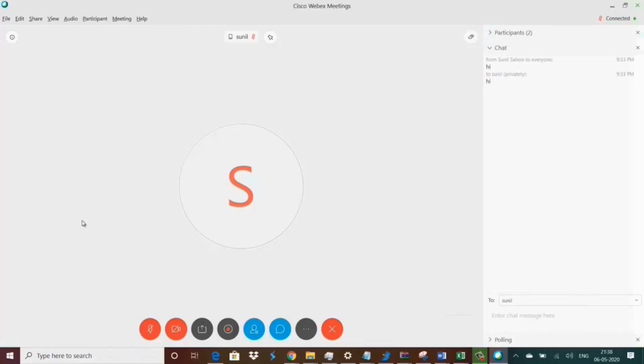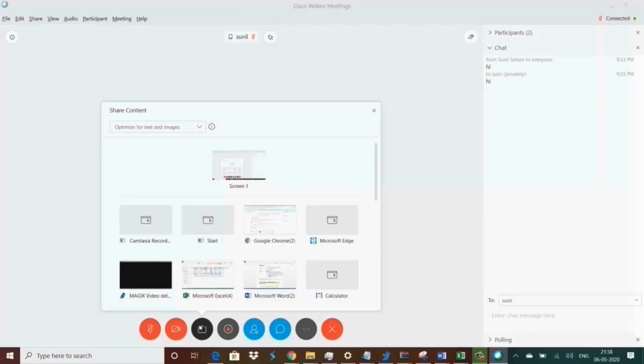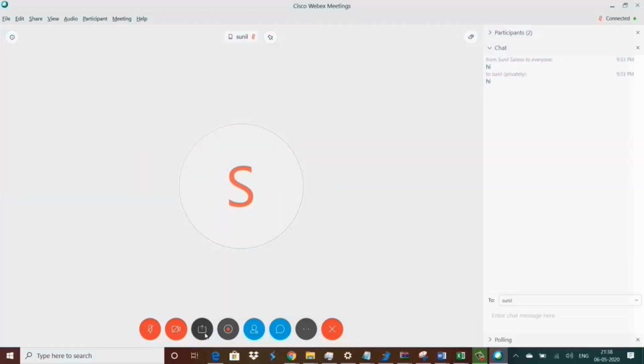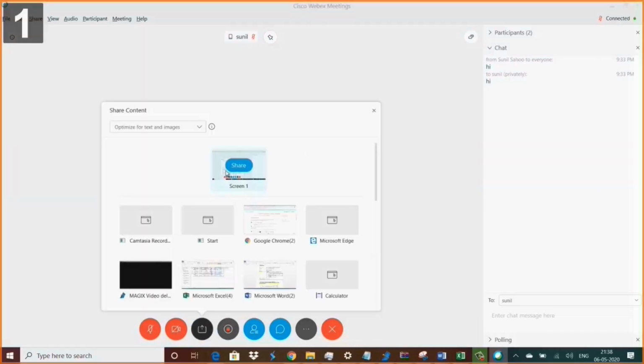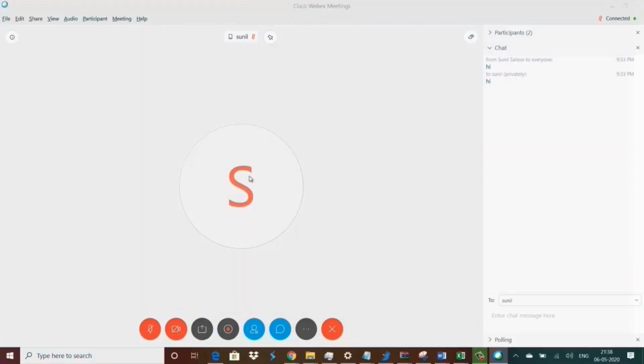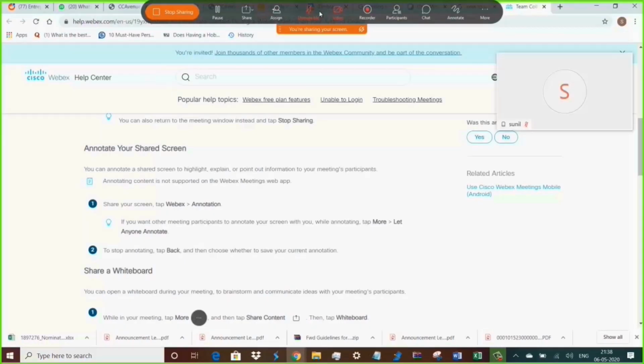Okay. One thing I want to show you, and one more thing, is how to annotate. Annotation means you want to do something or show something by writing on the screen itself, by drawing on the screen itself. So for that, you can go to share. You can see this third button, share your screen, and once you go to share your screen, you can see all these